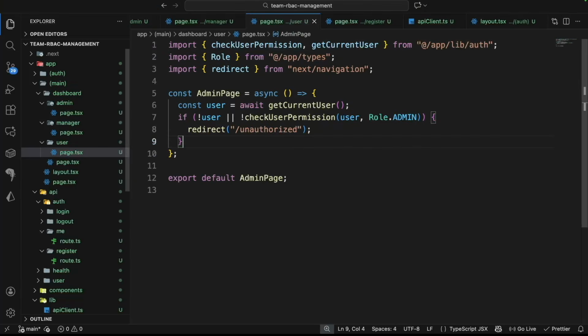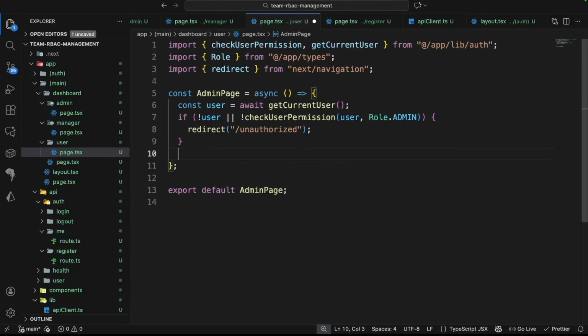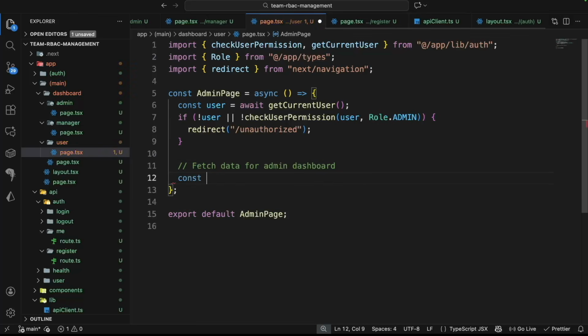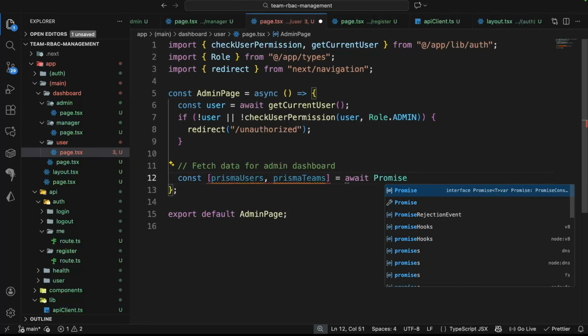All right, now once we have this, that you have enough permission to access this page, we are going to fetch the data for the admin dashboard. And for that, I'm going to have a constant, and then we are going to get the Prisma users, and we are going to get the Prisma teams. So I'm going to change this to Prisma teams, and this is going to be equal to an await. Let me have the promise dot